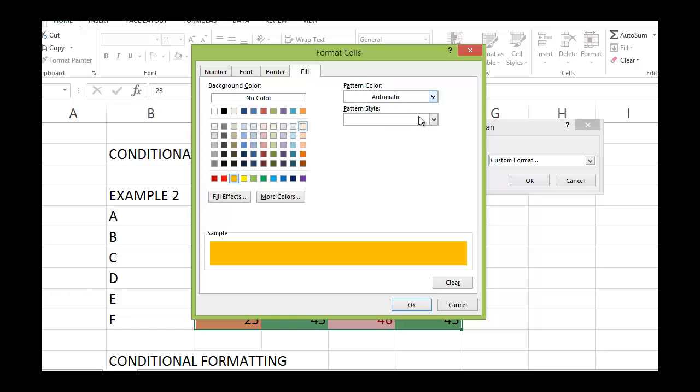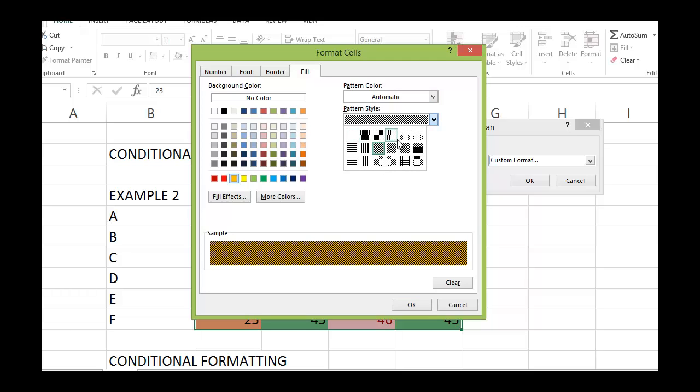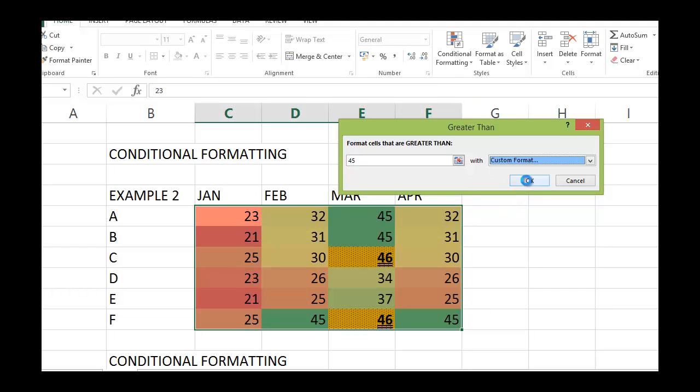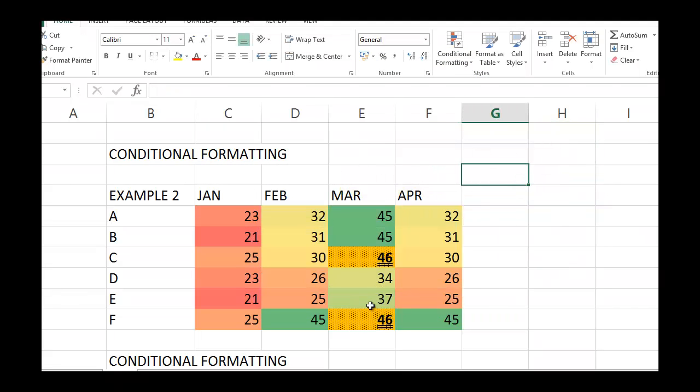So it looks okay. If you want to select any pattern, just select the pattern. No, this is not looking good. Okay, we have selected the pattern and say okay. We have had a custom format, and click OK. So what do we have here? We have got 46. These two numbers are highlighted in the exact same color which we have selected there. Which is actually a very good tool if you want to highlight some particular number. Say anybody who scored above 45 marks or anybody who has failed a particular test scoring less than a particular mark. And there are a number of options which you can use.